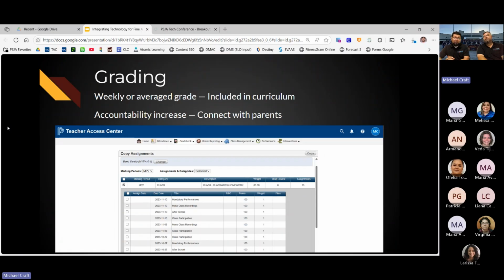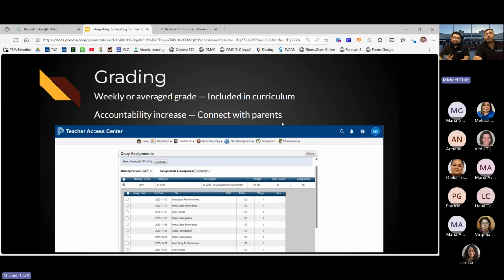We need to find a way to get this done because it's just like your ELA teacher giving written assignments, and then they have to grade all these assignments. So we need to find, number one, a way to keep the kids accountable, and number two, to keep it short for us, because we have families, we got wives, we got our own personal lives too, but we got a program to take care of.